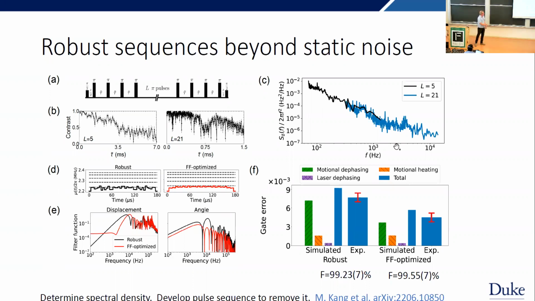And when we did this work, the nice thing that happens is that when we do our budget of errors at the end, we see the experimental error goes down, which is good, and that is only due to the motional dephasing going down. So by basically figuring out the time scale at which this motion is dephasing and then shifting our frequencies to try to filter it out, we're able to get this gain. And if you're paying really strict attention, you'll notice that this number is not as good as my last number, basically the same as my last number.